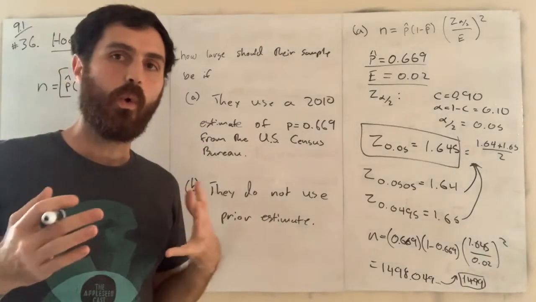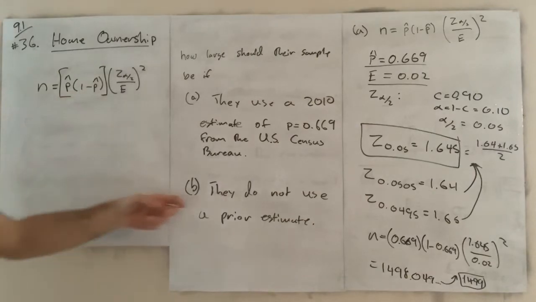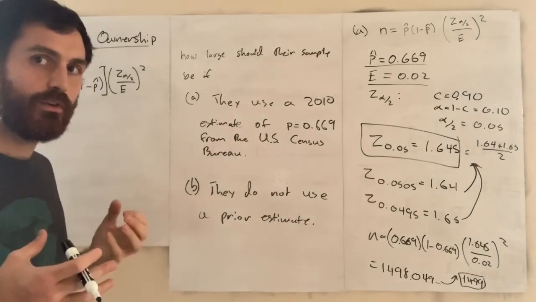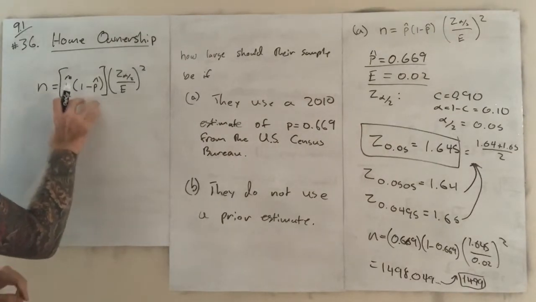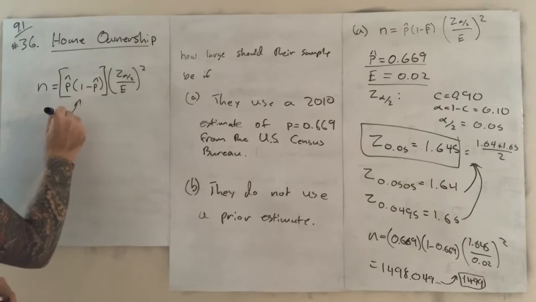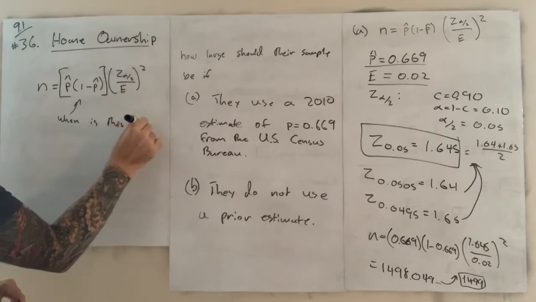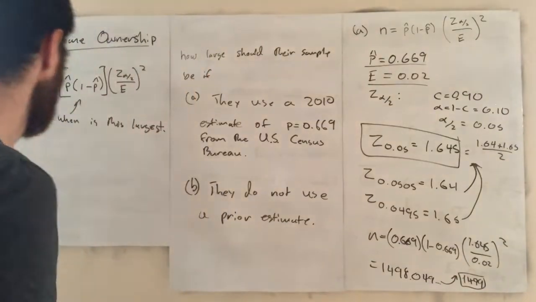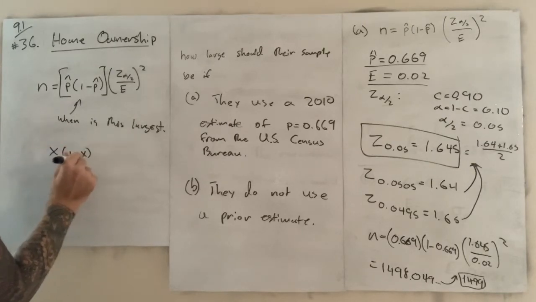So what we're going to do is analyze this and say, well, if we don't have a prior estimate, let's just use the highest possible value that could come about. So what I mean is, when is this term largest? Because that would be the safest thing to use. Well, if you look at the equation x times 1 minus x,